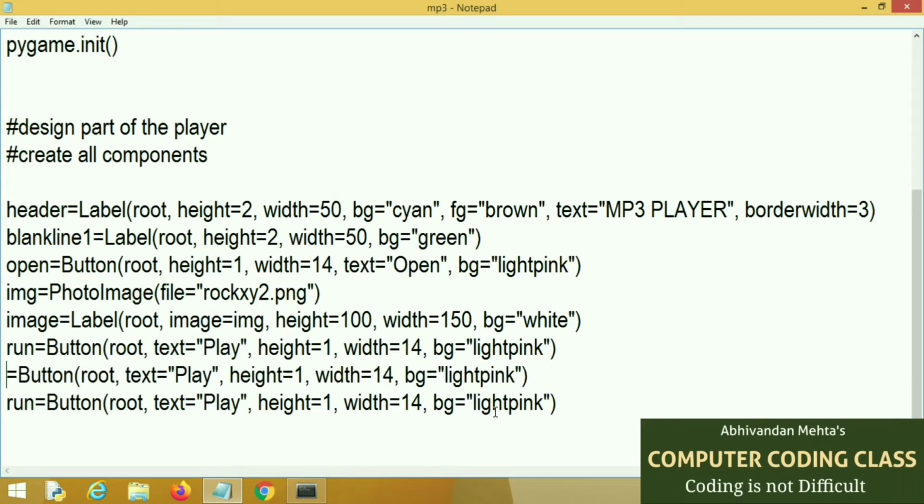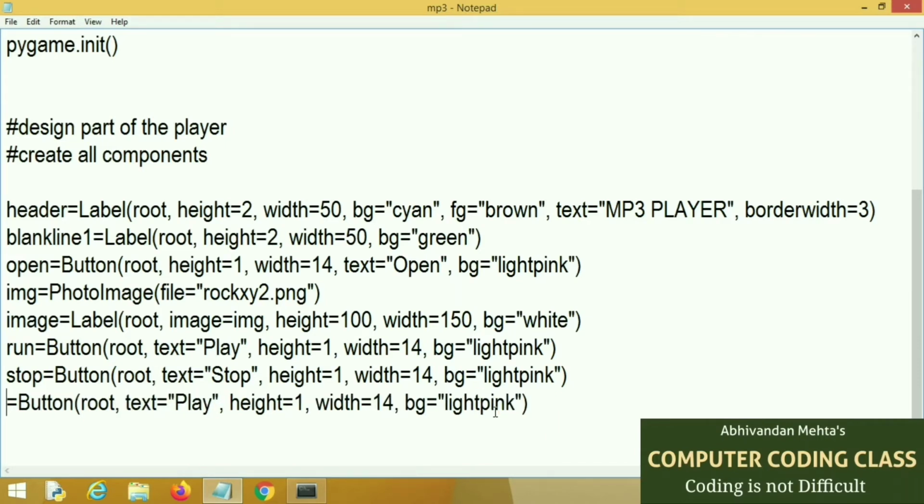Next command is the stop command to stop the music. Next one is the pause button, for temporary pausing of our song.